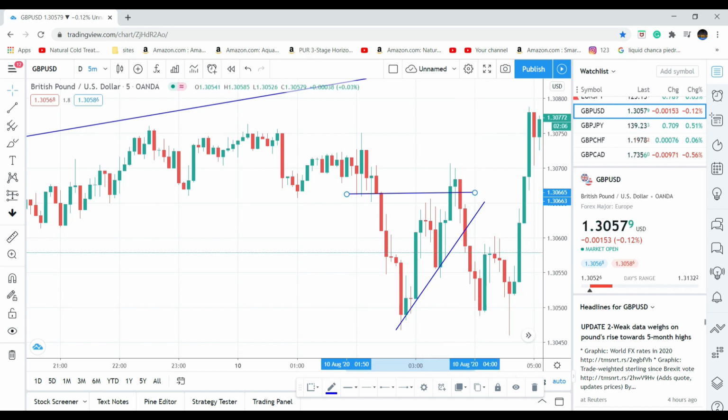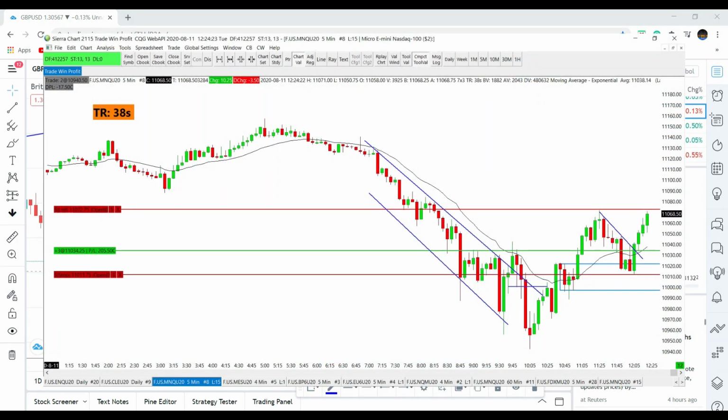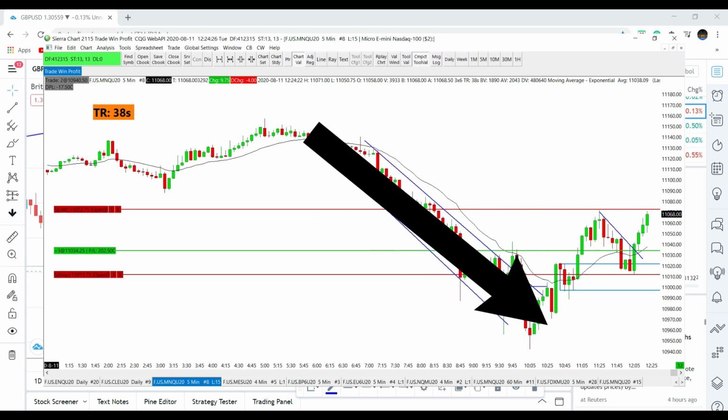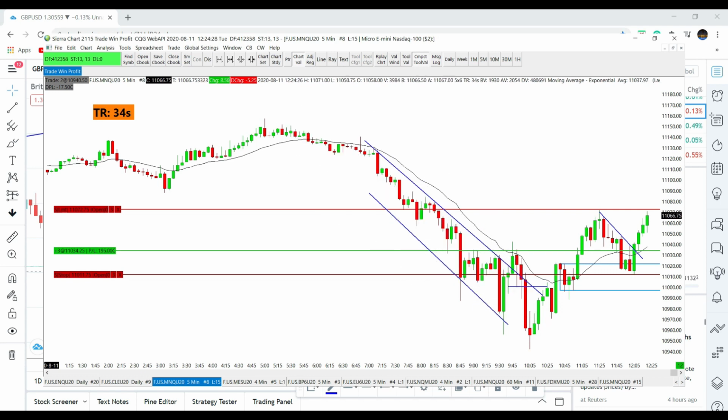Now, let me show you guys a live example of a trend line break I took today, trading the NASDAQ 100. I was trading the 5-minute chart, and I'm gonna show you what I was looking at. Notice how we was going down, and then we finally broke out of the down channel that we was in, and smart money came in the market, and we created a nice demand zone. We pulled back to the zone right here, guys, and we had a nice trend line